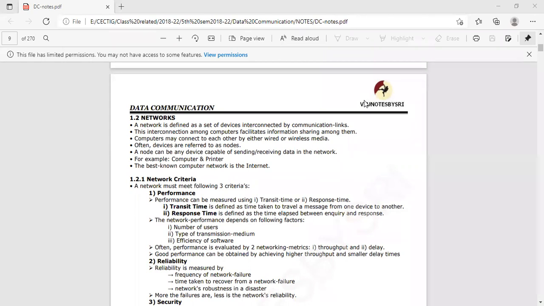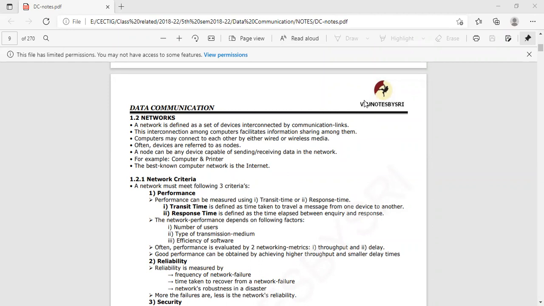This transit time depends on the internet speed, which also depends on the geographical location. Some locations have a very poor network connection, some have a very good one. So geographical location indicates the internet speed. If my internet speed is very good, then it will be very fast to share the data, and the transit time will be less. But if the internet speed is not good, then it will take much time and the transit time will be very high. So, I repeat, transit time is defined as the time taken to travel from one device to another device.